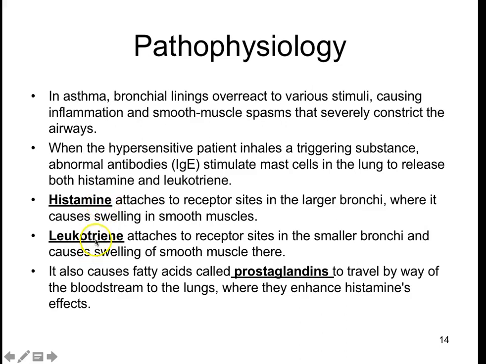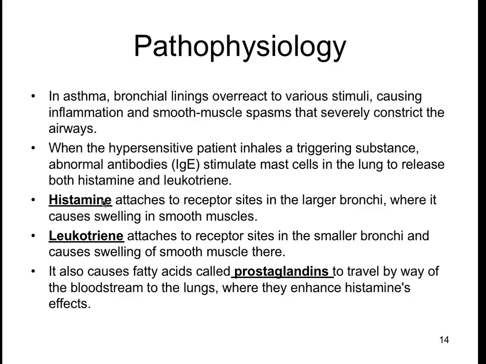And leukotriene is another type of very active inflammatory signal molecule, a cytokine. And it is so prevalent and prominent in asthma that when you take pharmacology, you find that asthmatics not only take antihistamines, but they also take anti-leukotrienes. Prostaglandins is another inflammatory molecule, and in this particular case, it acts as a stimulant or an enhancement of histamine's